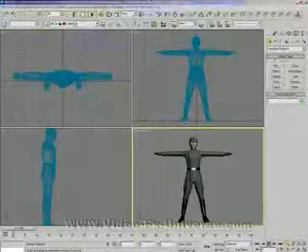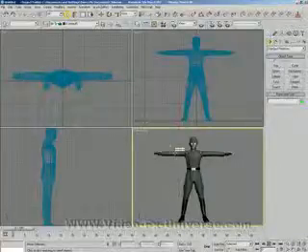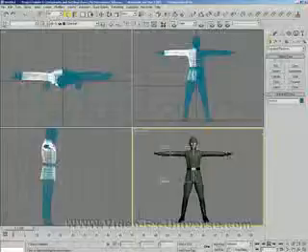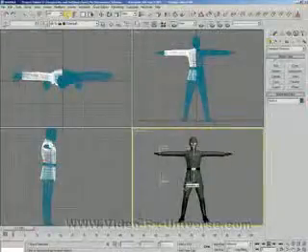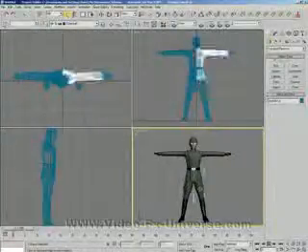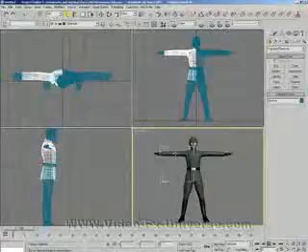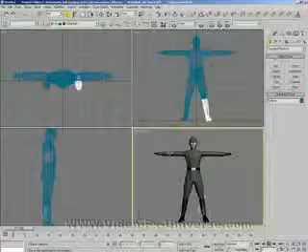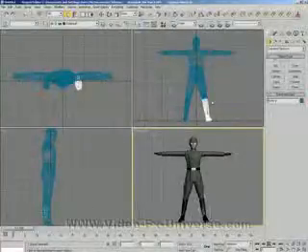Now obviously you'll have a character, with outstretched arms and legs like this. Sometimes it will come in one big mesh, and other times it will come in separate parts. As you can see, there are quite a few parts with this. Basically what we need to do to create our biped is